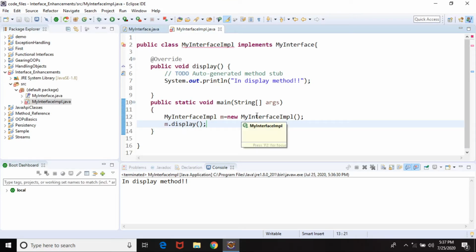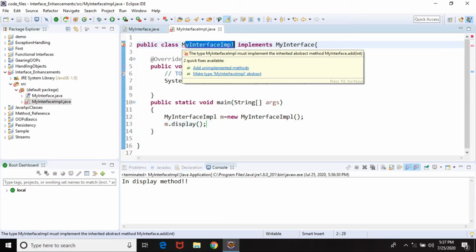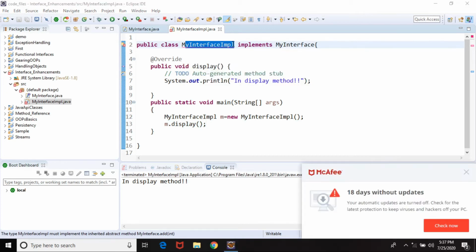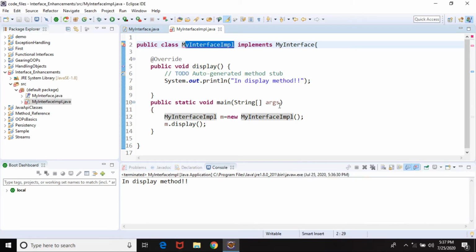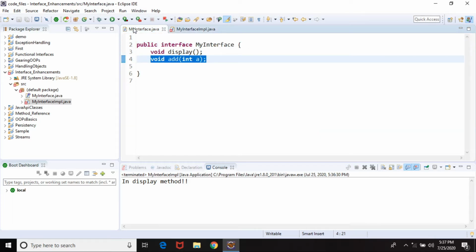And the moment I add this method inside my interface, obviously my interface implementation class is going to fail. The reason is quite simple: this implementation is coupled with MyInterface, and if any change happens in MyInterface, I need to change the implementation, which is a problem, because if MyInterface is connected with a lot of classes, coupled with n number of classes, then it is going to have some implementation errors, because you need to implement each and every method. So how do I come out of this?